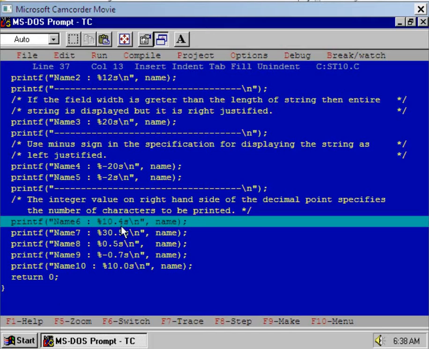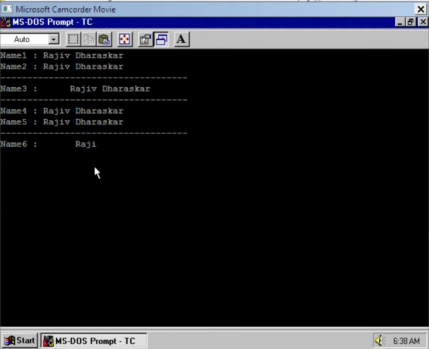See the DOS prompt. Only Raju is displayed, and that too right justified. So remember that 10.4 means from this point to here there are 10 spaces. So the width is 10 and .4 means only 4 characters are displayed, and it is right justified.